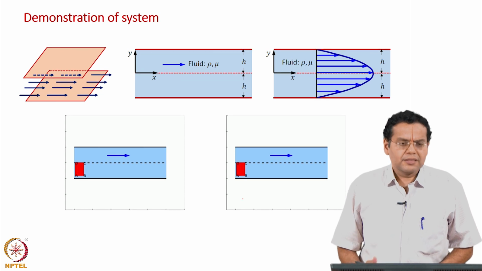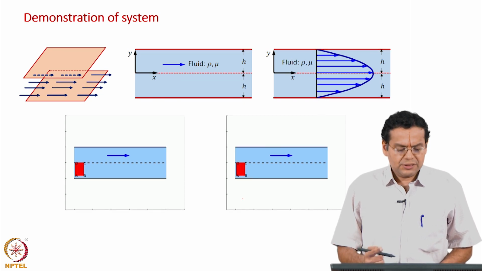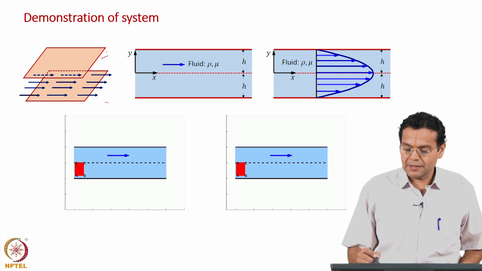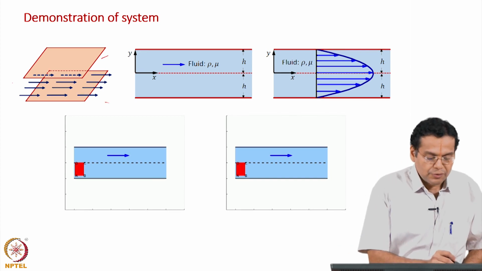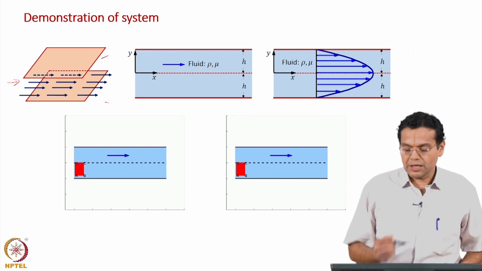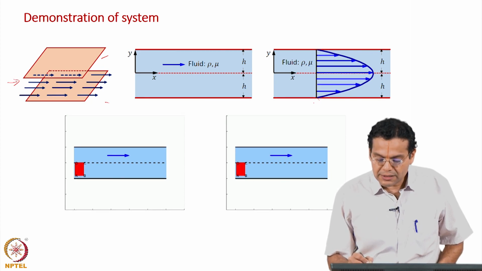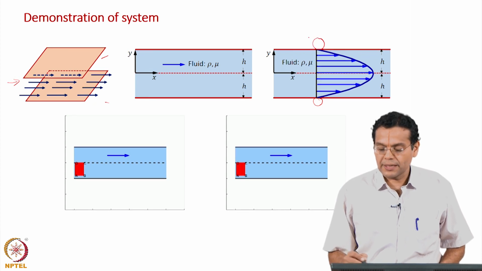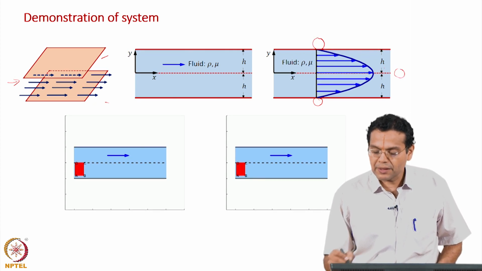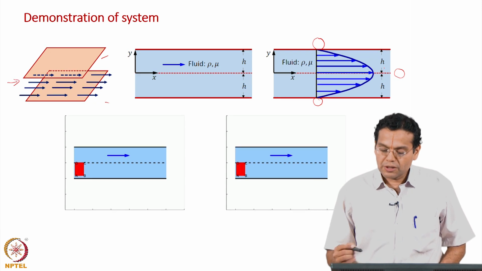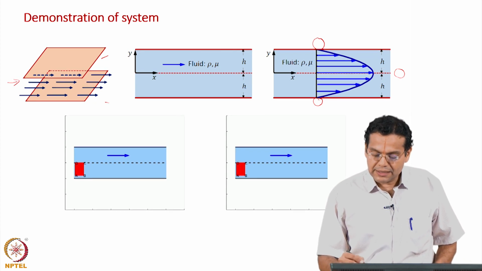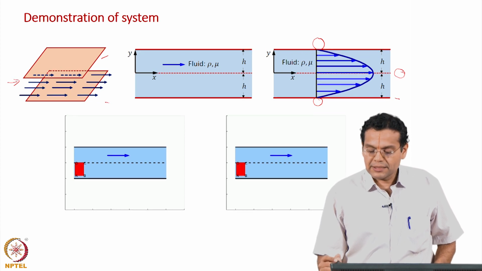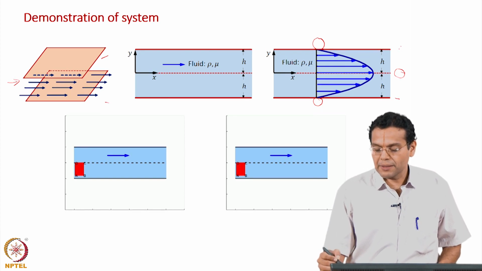another example. This configuration is very well known to us. Just to quickly recap, we have two plates which are stationary. Fluid is made to flow through this using a pump, and then the velocity is 0 at the bottom plate, the velocity is 0 at the top plate, and it is maximum at the central line. So, what should we know? The velocity increases from the bottom plate to the central line, and of course, from the top plate also it increases.